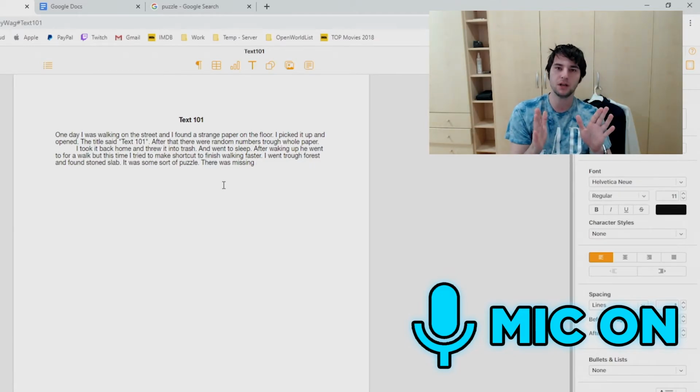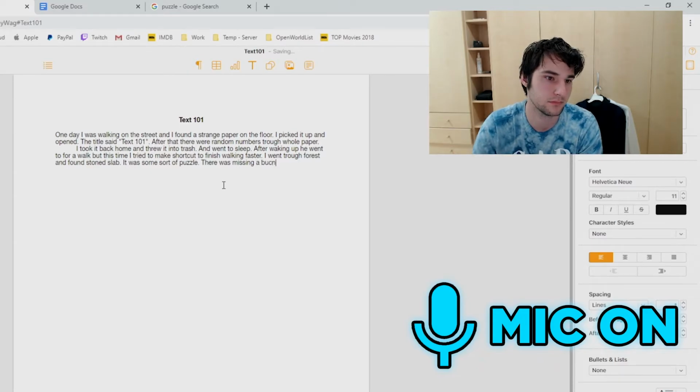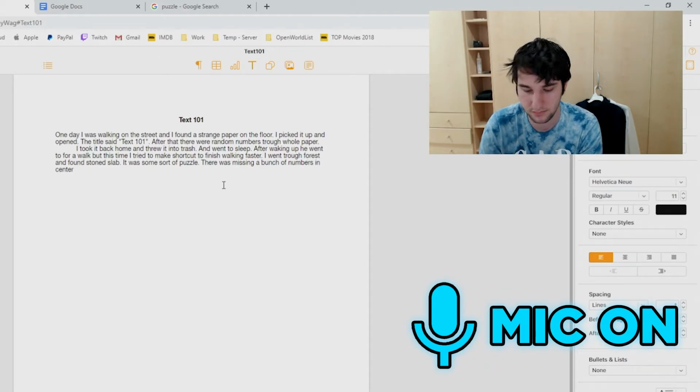So in this part, the stone slab is going to be numbers with empty space inside. There's been no logic why exactly you would make a space inside, but because it's entertainment, it means that you need to fill it up to get a result. So there's a bunch of numbers, and in the center